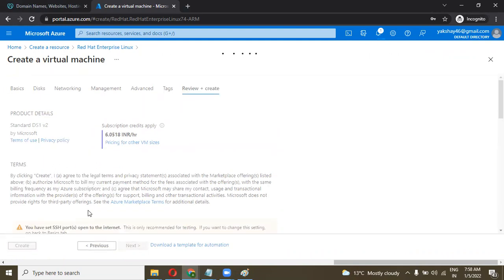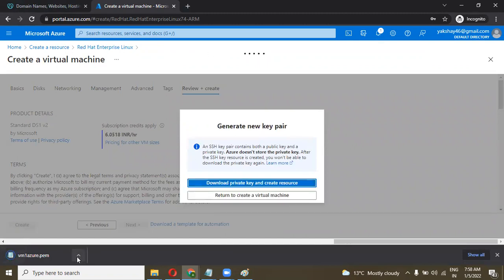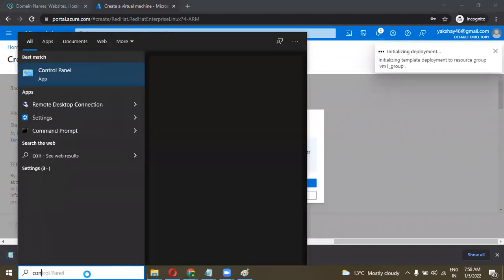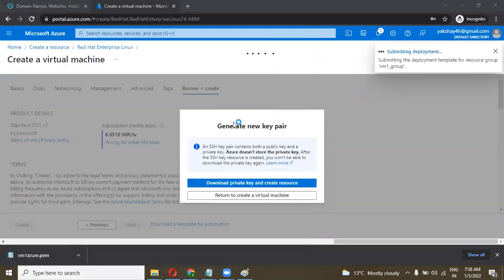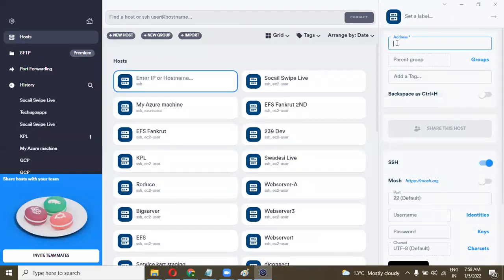Yes, the machine is created. Download the key. Yes, and configure this machine in the Termius tool. New host, and the host name is Azure VM1.